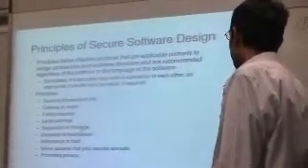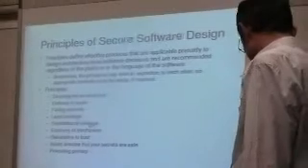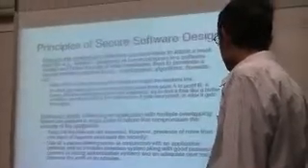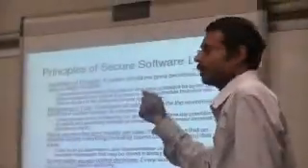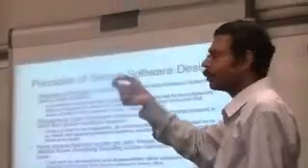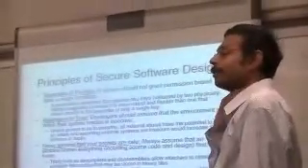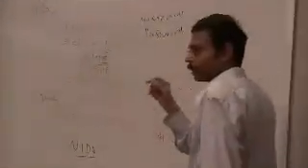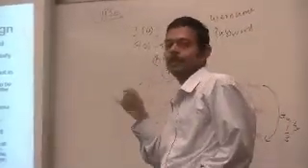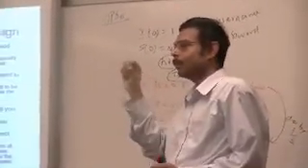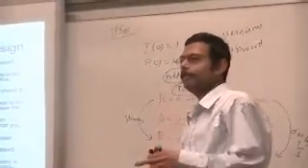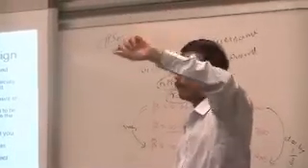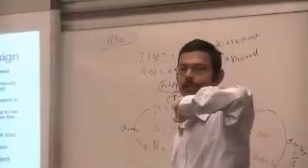Separation of privilege. This goes with, actually, you should not decide to do certain things based on just one permission. Always you should have multiple conditions that need to become true before you let a user do certain things. Even in day-to-day life, if you have safety lockers in banks, sometimes they have two keys for the lockers. The customer will have one key and the bank will have the other key. So the locker cannot be opened with just one of those two keys. Both keys have to be used to open the locker. So even if one key goes to the hand of an attacker, he cannot open the locker. Both keys have to be there, right?